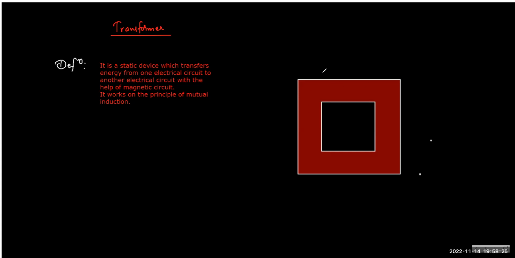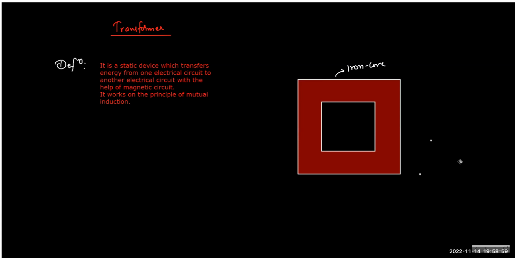So this is the iron core. It's basically like this. Okay, so you can think of it as a big cube, and a part of the cube is removed. So it's a hollow cube. Now this is called the iron core. Now the iron core is not supposed to be only of this shape. You can design an iron core of any shape as you wish.